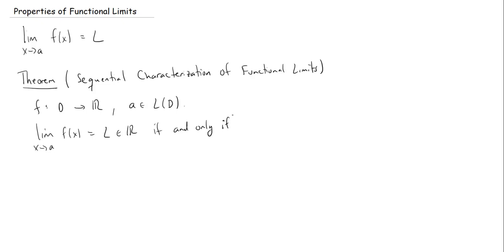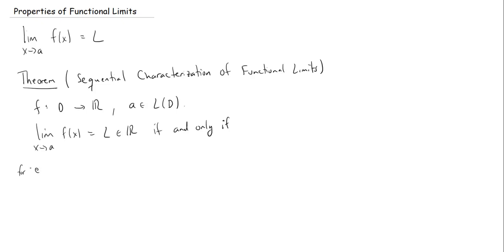The idea is that when we take the limit, we're just looking at punctured A coins and trying to find ones that f maps into an L coin. But instead of looking at all possible points around A at once in some punctured A coin, we're just going to look at D sequences that don't contain A, because remember we want a punctured A coin. So we're going to look at D sequences that don't contain A, which converge to A. And then we're going to see what happens when you apply f to those sequences, and they should converge to L. So the statement is that the limit is L if and only if